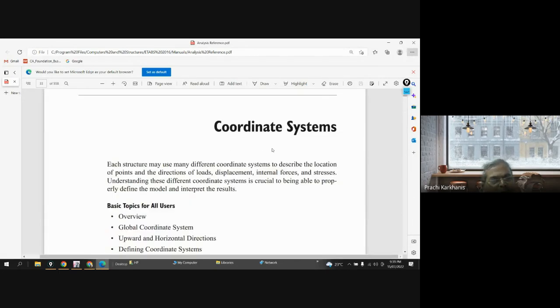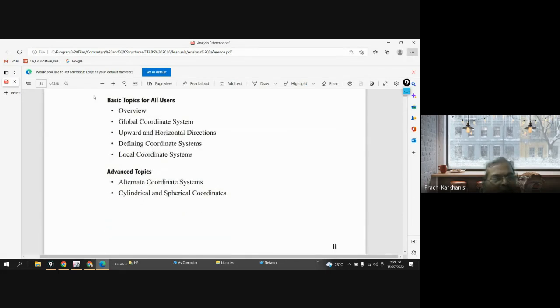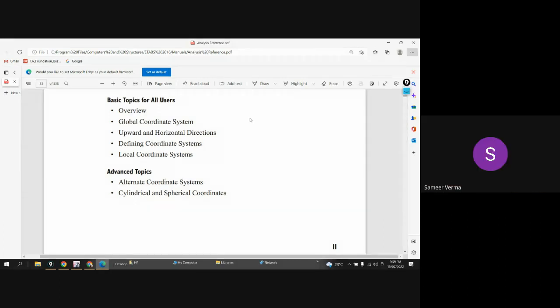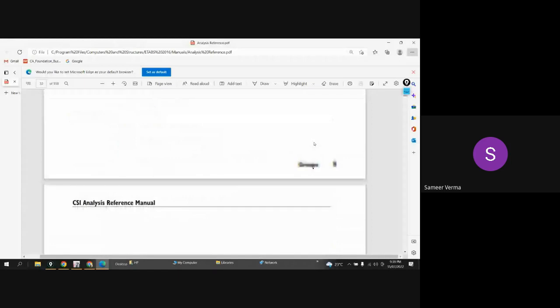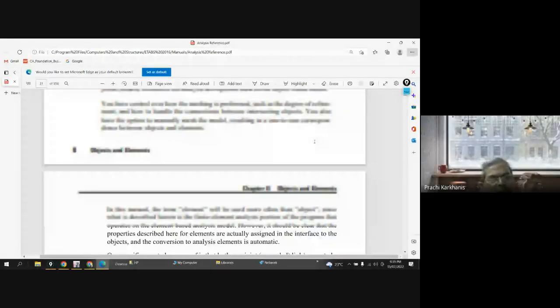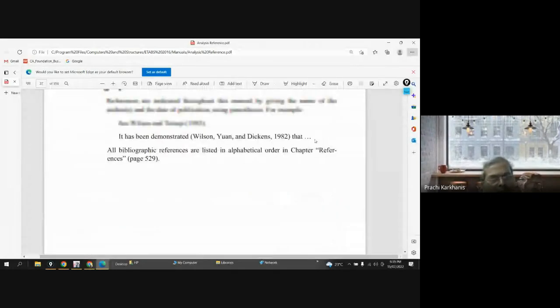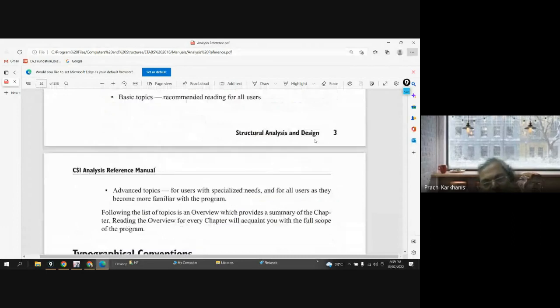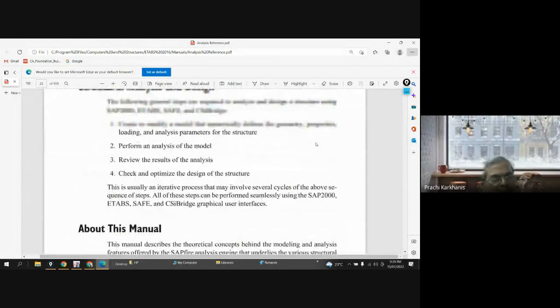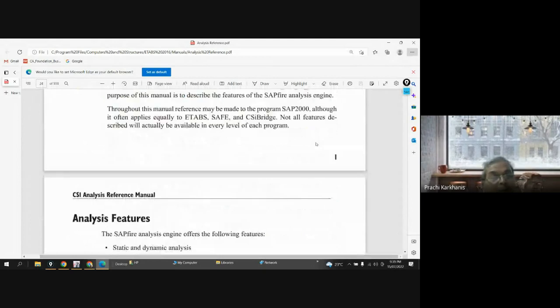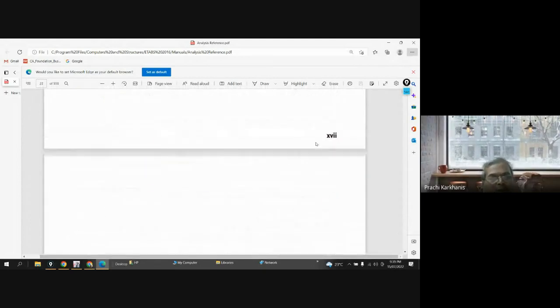ये देखो कोऑर्डिनेट सिस्टम कैसे डिफाइन किया है। व्हाट आर द बेसिक टॉपिक्स, व्हाट आर द एडवांस। राइट नाउ यू मे डिलीट दिस एडवांस टॉपिक। ये मत पढ़ो, बेसिक तो पढ़ लो। ओके सर। अशरफ हबीबुल्लाह और एडवर्ड विल्सन के बारे में भी थोड़ा देख लेंगे, पता चलेगा उन लोगों ने कितना काम किया है। यस सर, ये तो है।